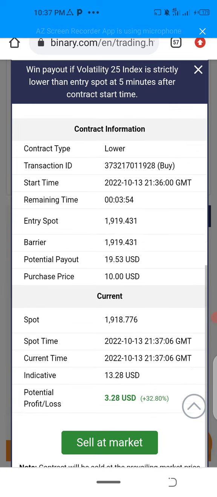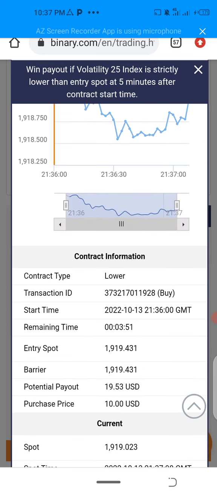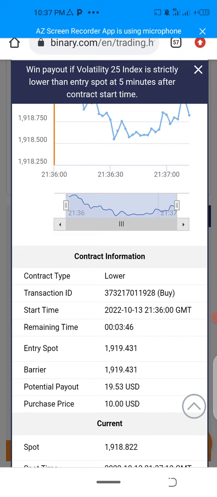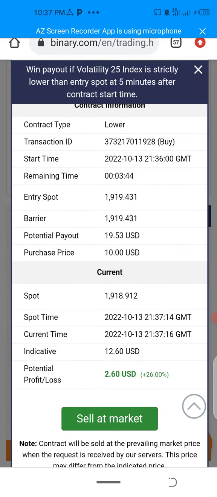But presently we are on the safer side because we are in a winning situation. Now I want to tell you something. It is only on indices that you can see sell at the markets. But in the gold market and USDT, sorry, you can see the sell side. So you have to wait for the next 5 minutes in order to get your profit. Right now, I'm going to dive in and show you.